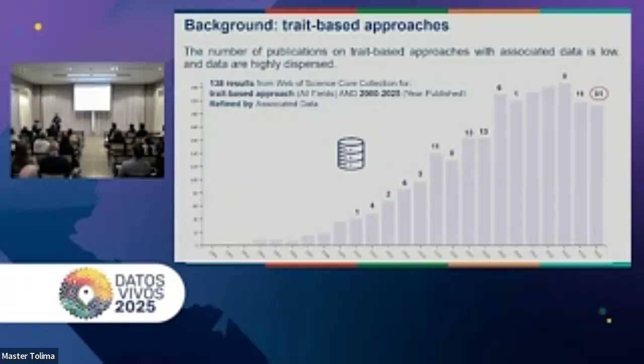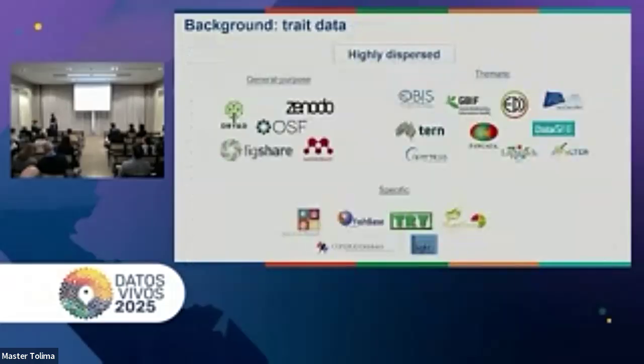We cannot say the same for data. As you can see, the number of data associated with publications is very low. Only in 2025, we have 51 associated data to publication. Looking at these associated data, we can observe that they are dispersed because they are published in different repositories and